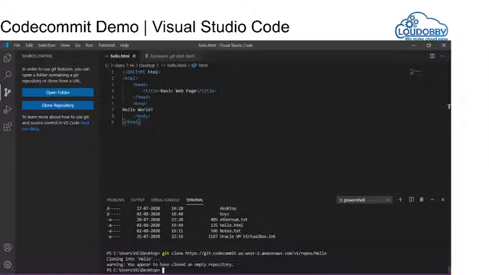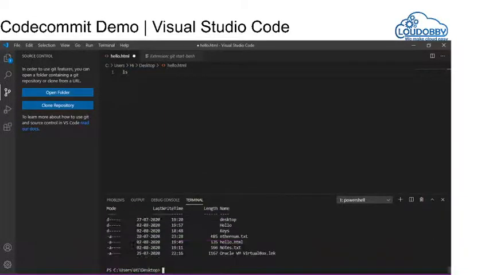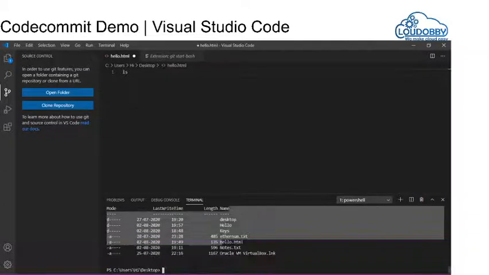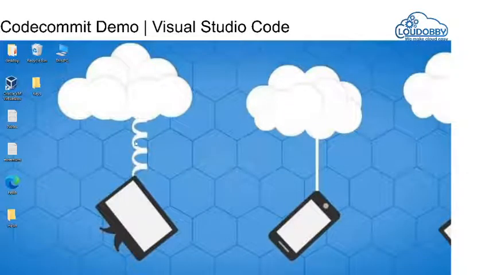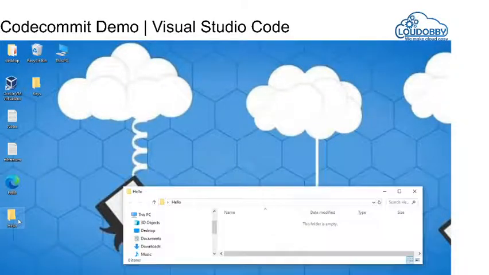Now if you see, there is a warning that appeared because the repository which we cloned is an empty repository. Yes, because there is no code right now. We have the code on our local, and we are going to push this code. I have saved this code from my IDE on the same desktop, which is hello.html, and you can see hello, right? This is my repository. I will just go to my desktop. You can see a folder created called hello.